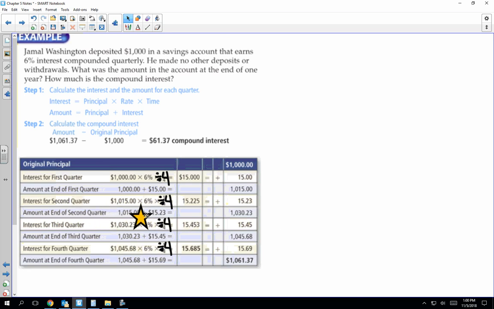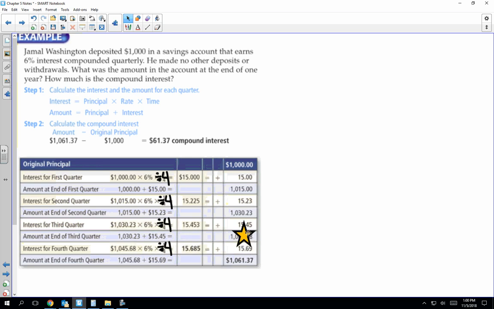So we got the $1,015 times 6% divided by 4. That's $15.23 because we got to round that up to the nearest penny. So instead of just making $15, we made $15.23 because we got that extra little boost in interest. So now we add the $15.23 to our $1,015 and we get $1,030.23. We take that, multiply it by the 6%, divide it by 4, we get